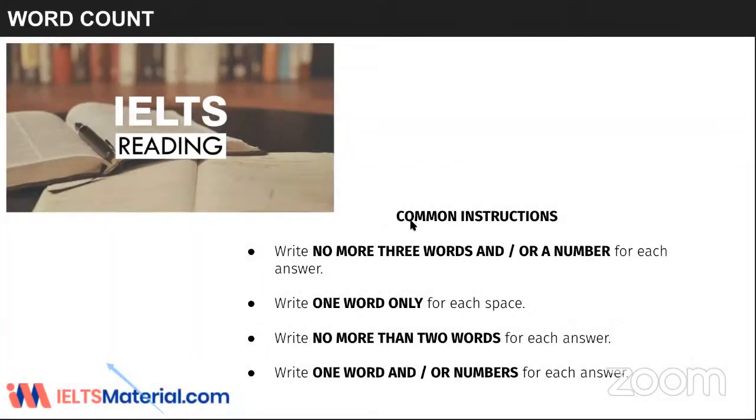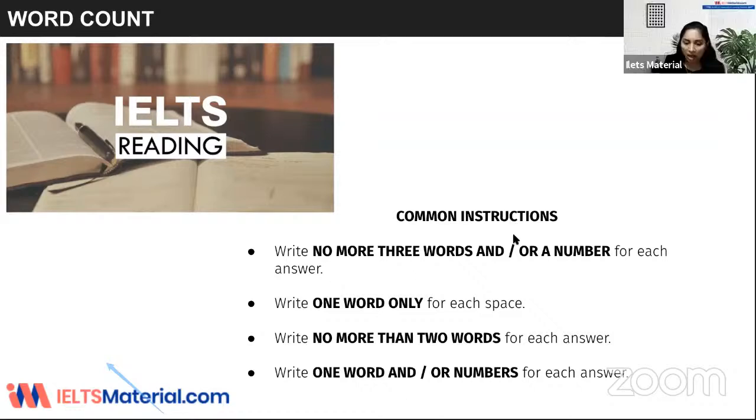Now, the last part that I want to make you understand is related to word count. You must have attended the task; I guess some of you did not attend the first day, when we discussed word count. It is actually making you understand what common instructions you would find in the examination. Congratulations, all the participants, for giving very good answers. Let's continue with the other part.